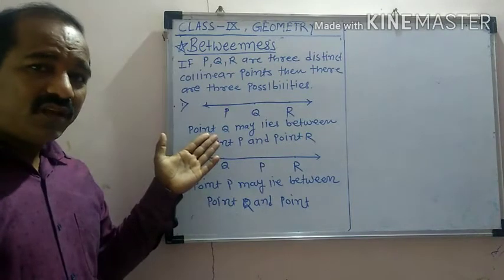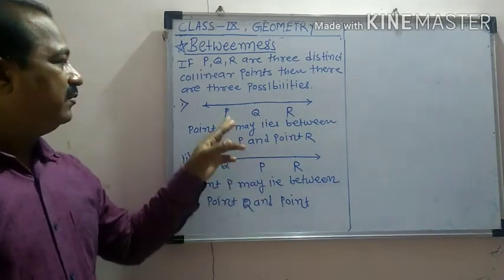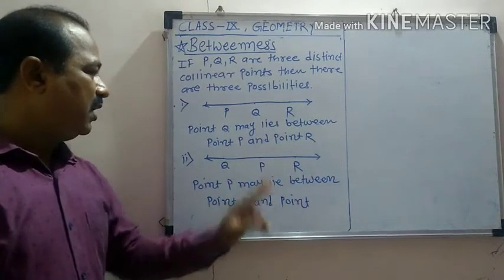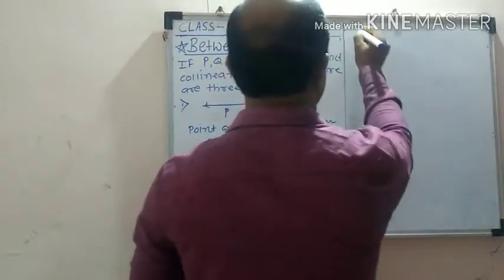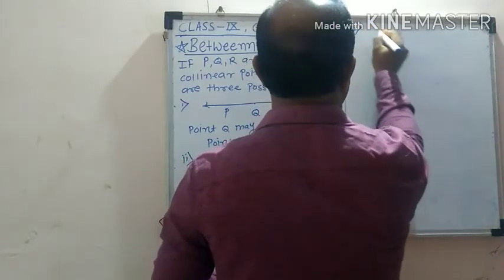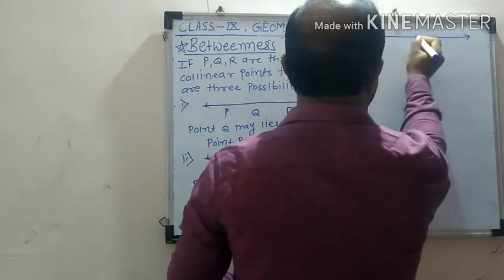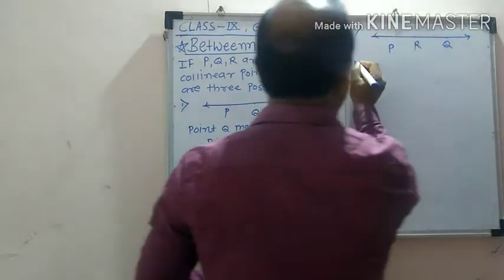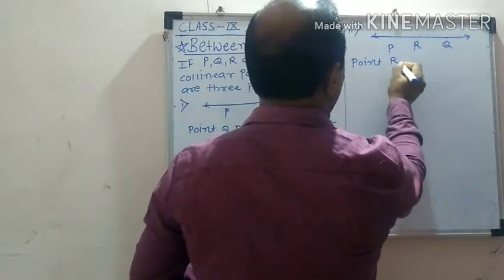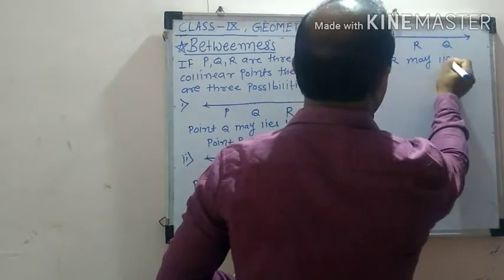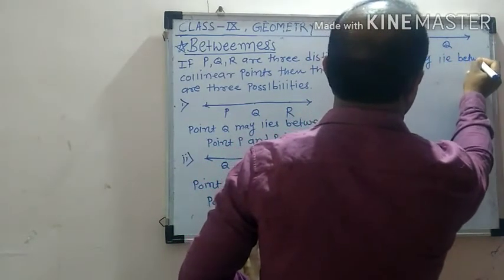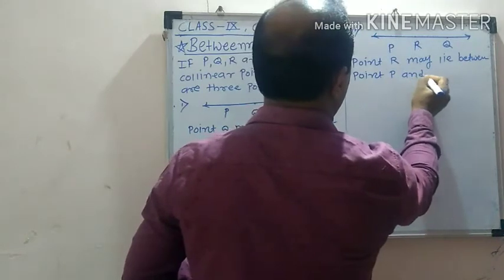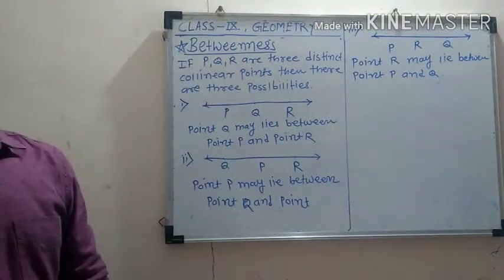We are just seeing the possibilities that point P may lie between Q and R, point Q may lie between P and R. The third possibility is that point R may lie between point P and Q. These are the three possibilities, but